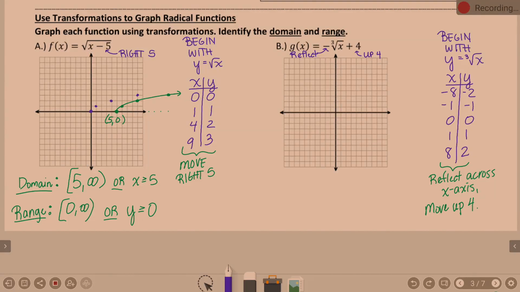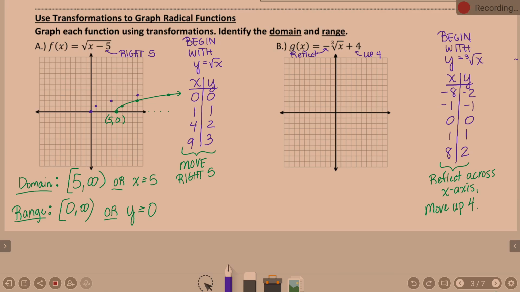So as we pick up on example B here, let me do a brief refresh, okay? We are looking at trying to graph. Now, first of all, remember it is a cube root graph, right? So I said we're going to start with y equals cube root of x. Here's our xy chart that we're going to use as our starting points. Then we talked about that negative out in front of the x means we have to reflect. It's reflect across the x-axis. This plus 4 at the end means we're going to move up 4. Okay? So,